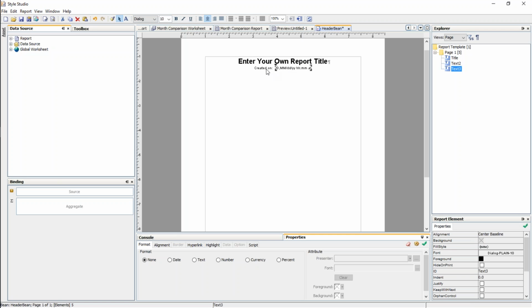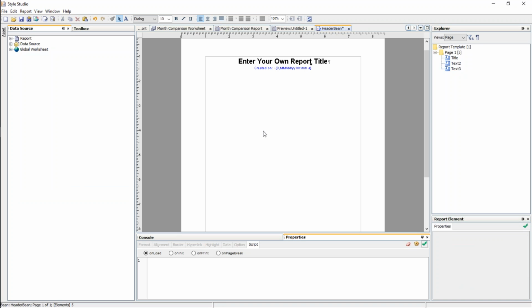And then let's say that I go over here and I change the color of this text. Let's see if I can do that from here. Foreground, let's just say I make this text blue. So I've made a couple of changes to the bean definition. If I save that bean definition,